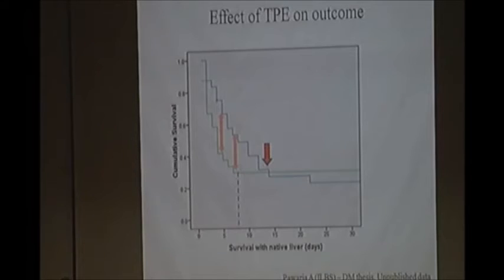So what would that mean? Would that mean that plasmapheresis gives you a time of maybe 7 days, by which you need to do an LT, and if you are not doing an LT by this time, then it's not going to make a difference further? What inference I can draw from this is, plasmapheresis can only bridge for a few days, within which you have to arrange for a liver transplant. Otherwise, it may not be beneficial, at least from the pediatric data. However, the major limitation of this study was that it was a non-randomized trial, and this is unpublished data yet.